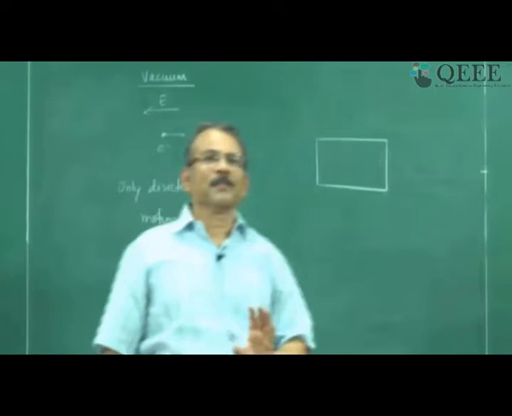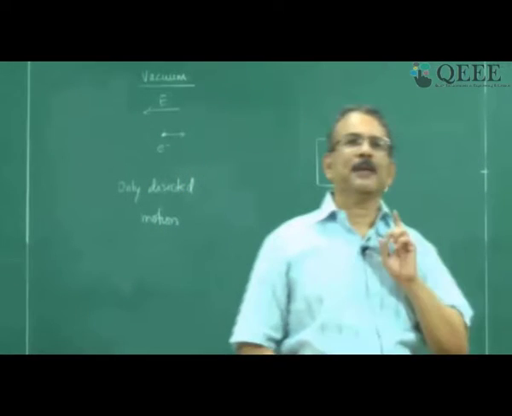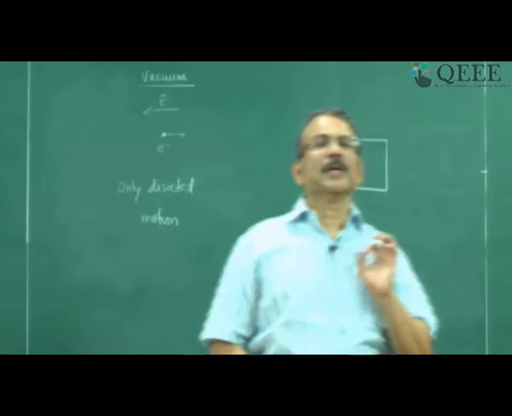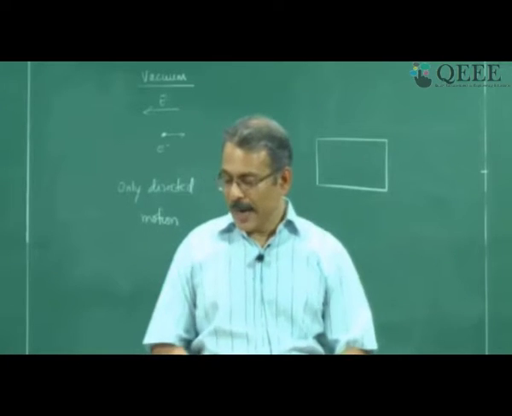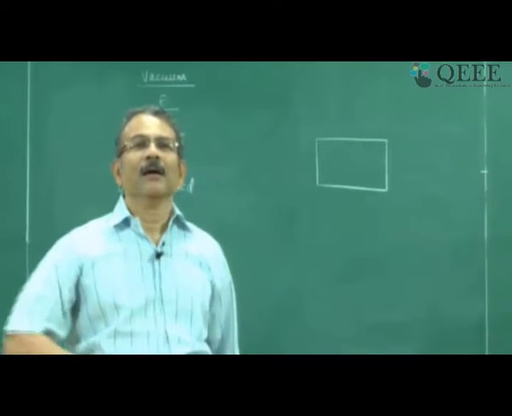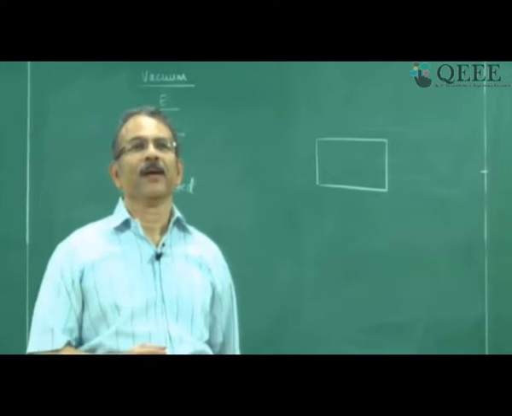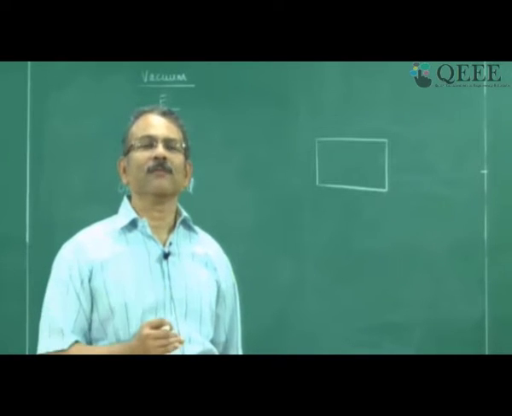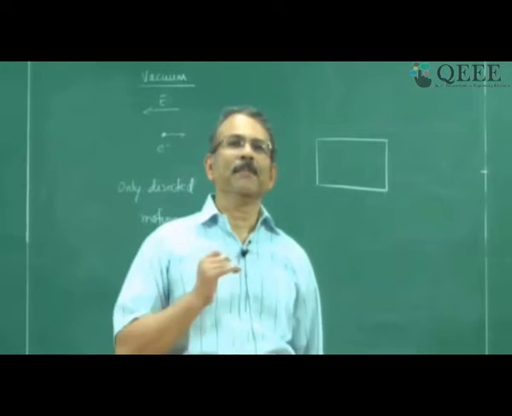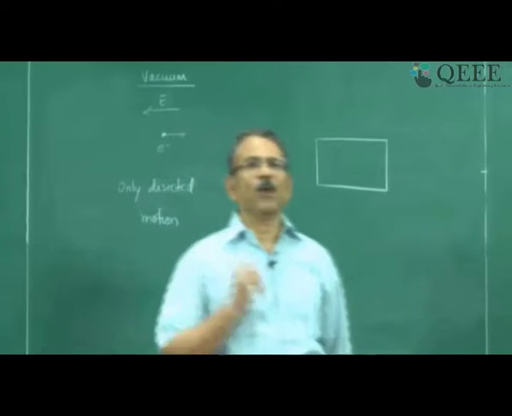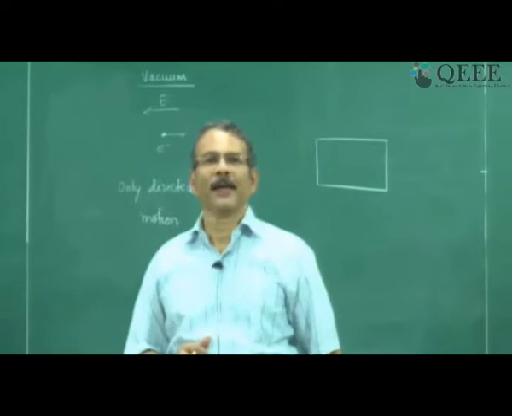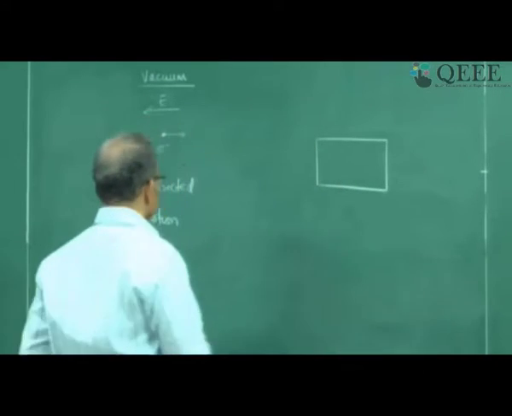But in the semiconductor, look at the slide. In the absence of an electric field, electrons and holes are moving randomly, and they are moving randomly with a very high energy. Now what is the velocity of the electrons in random motion at room temperature? Can anybody tell me what the value is? This is called thermal velocity.